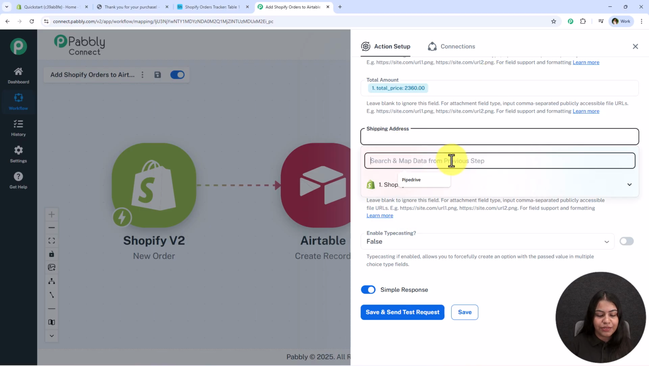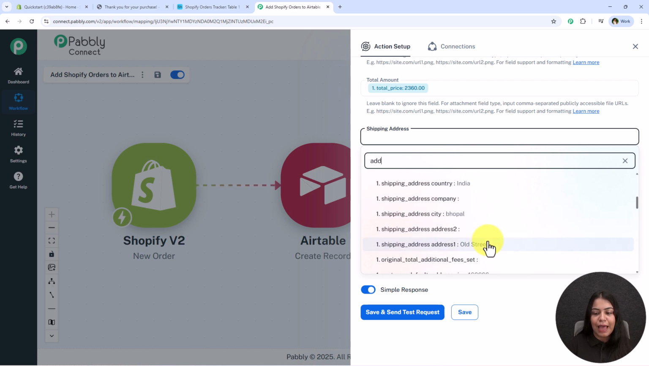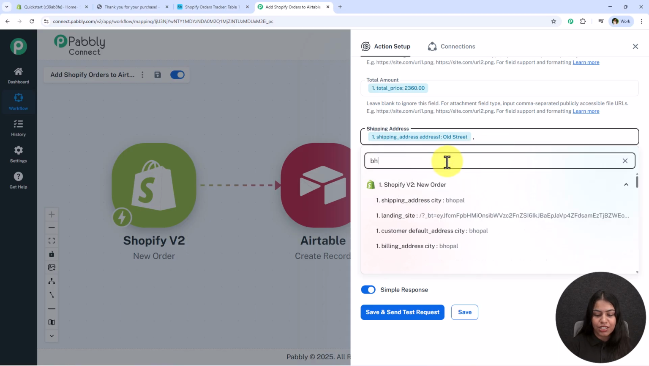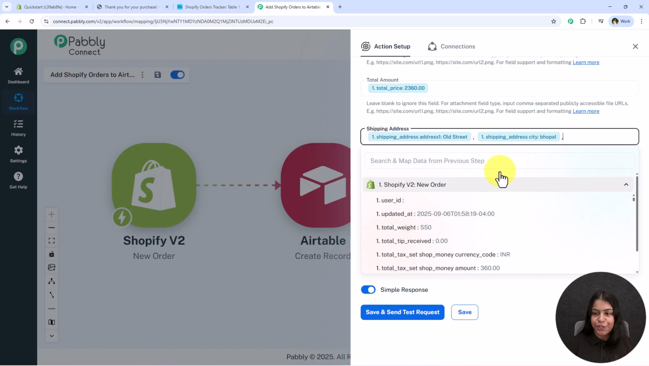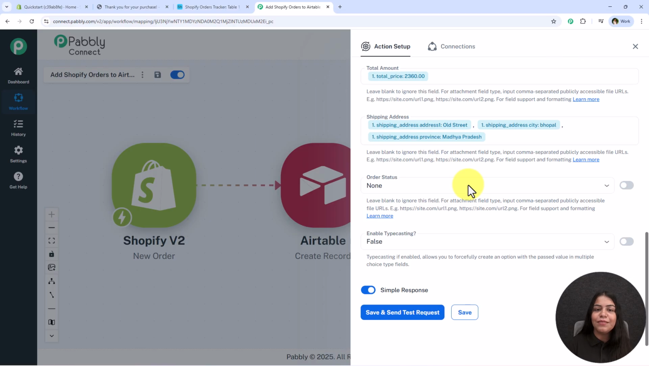For the shipping address, we have to look for the address, and you're going to see that this is the street address. So let's map the street address first, put a comma. Now let's map the city, which is Bhopal. Now let's move on further, put a comma and map the state. And one by one I'm going to map all of these details and move on further. For the